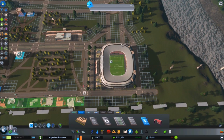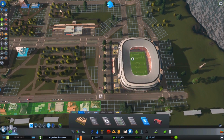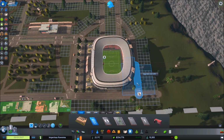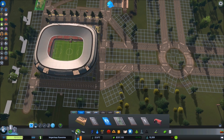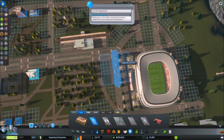But then that has to be one-way as well. Oh my goodness, decisions. Nope, two-way. Okay, just like this. Alright, so that now becomes one direction like that. And then that one can go back to regular road, or we can just keep that for its two ways going in. And then that becomes that. Cool. A little tram overload over here, but...